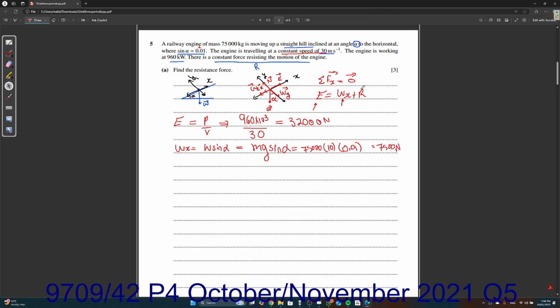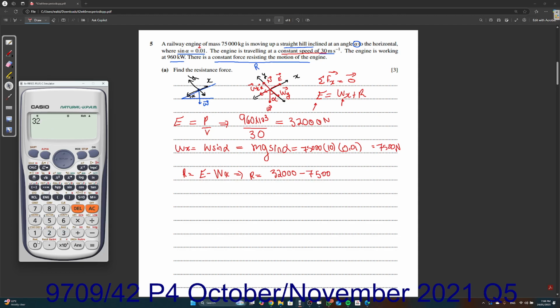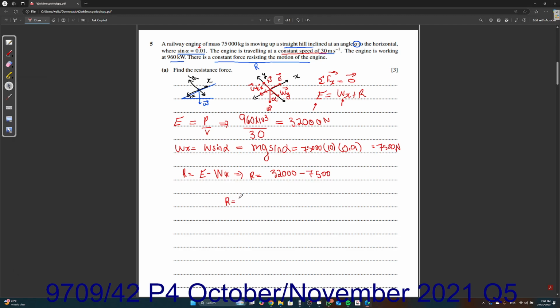So, now can I find R? Obviously I can. R is equal to E minus Wx. So it's going to be R is equal to 32,000 minus 7,500. And you're done. You get 24,500